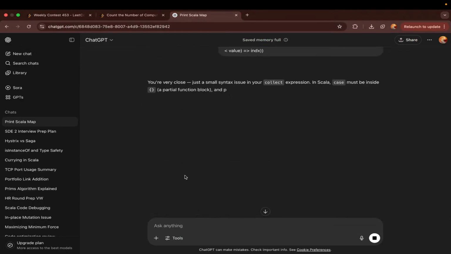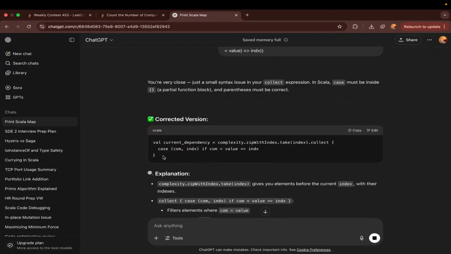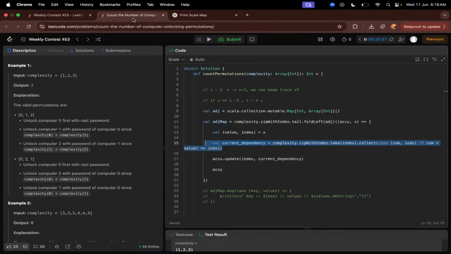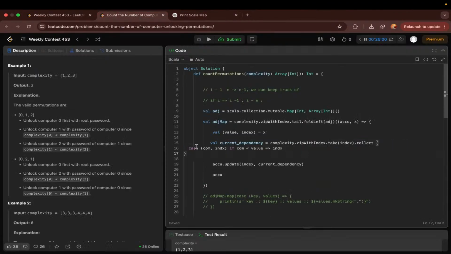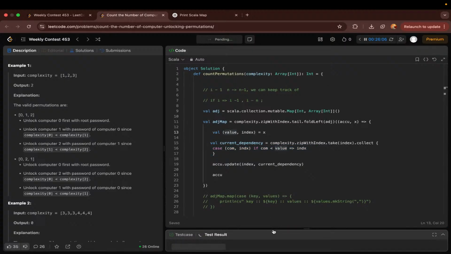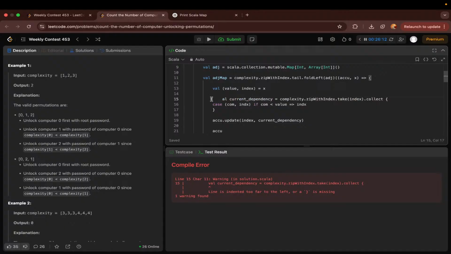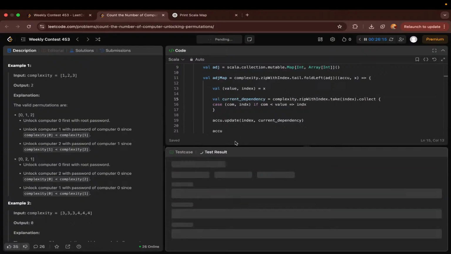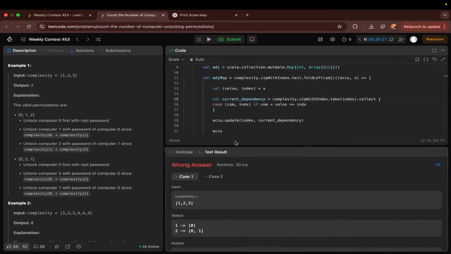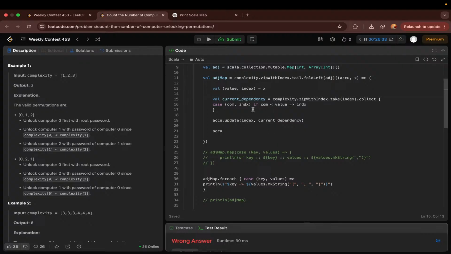I didn't think so. Let me just check now. Indentation error. Okay, so yeah, 1 is depending upon 0, 2 is depending on 0 and 1. Cool. Now, what do I need to do is